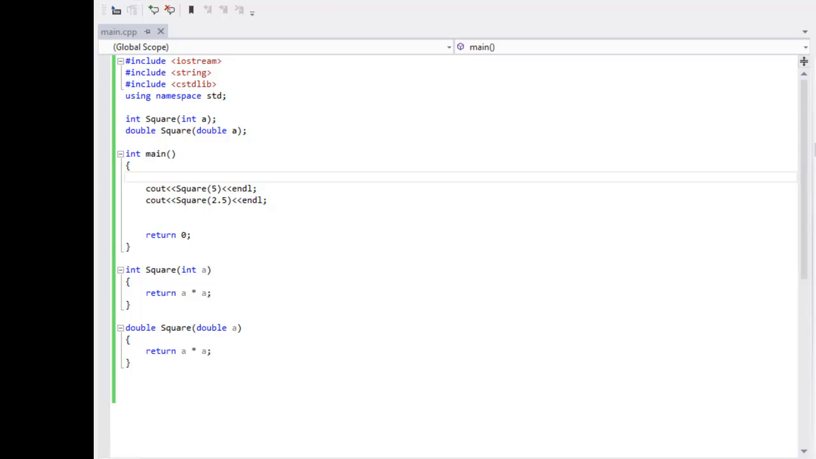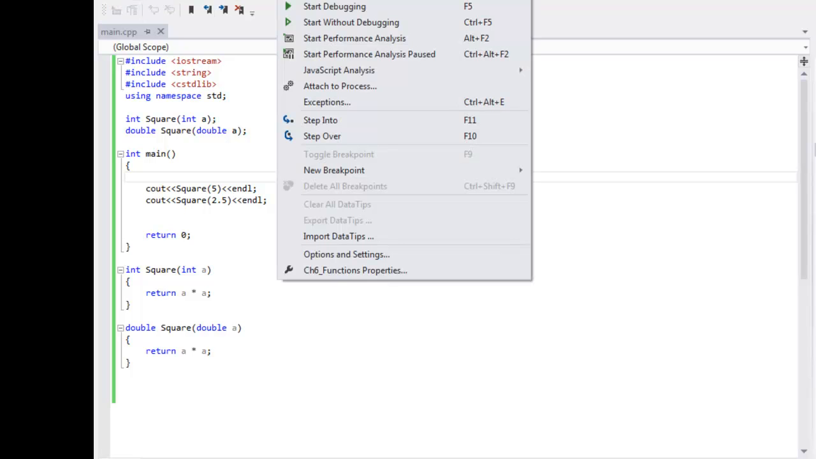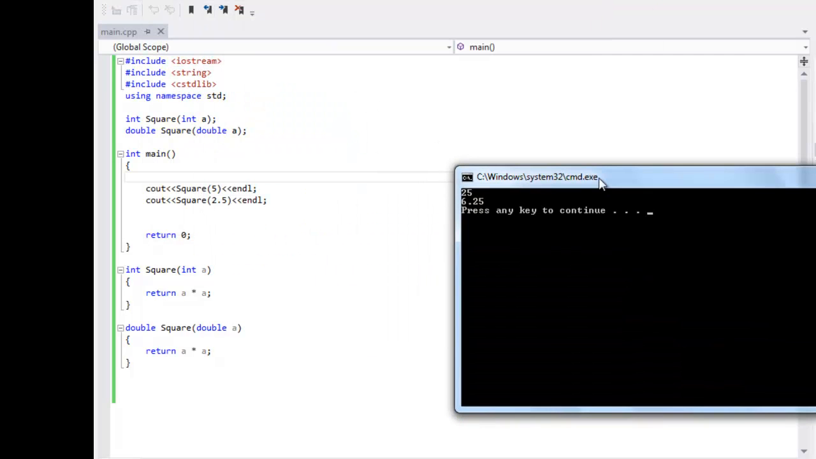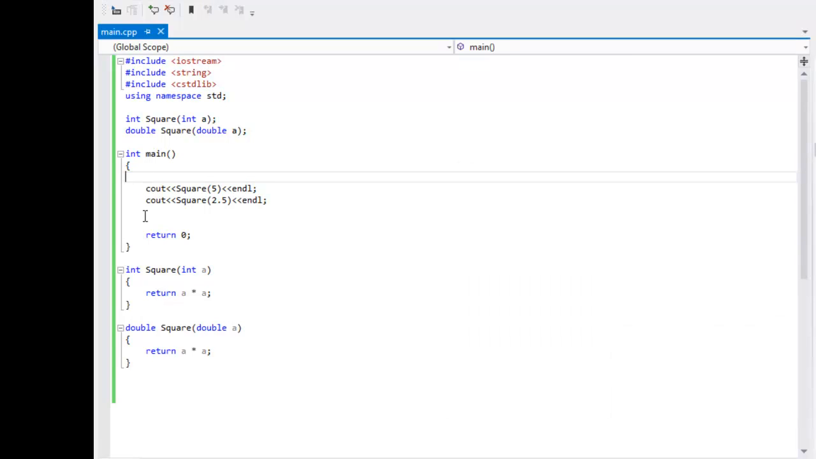Let's run this and see what happens. So we get 25 and then we get 6.25. Well, you might ask, what's going on here? They both have the same name. This is called function overloading. Okay? Function overloading. So you're basically using functions with the same name, but they have to be different somehow